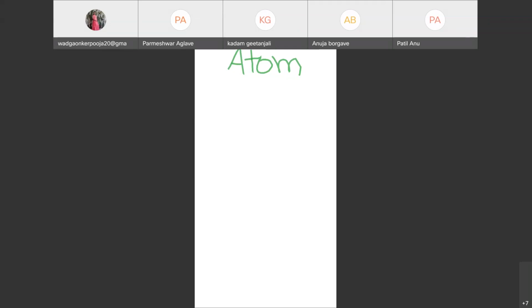Okay guys, so let me start with the basics, that is an atom. Whenever you hear the word atom, everybody knows very well that the atom has two parts. Atom contains a nucleus, which I am showing here by the red sign. And now that atom is having